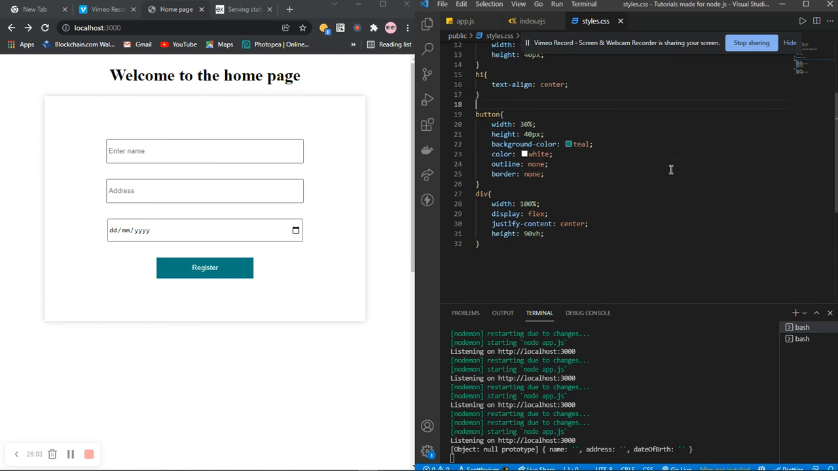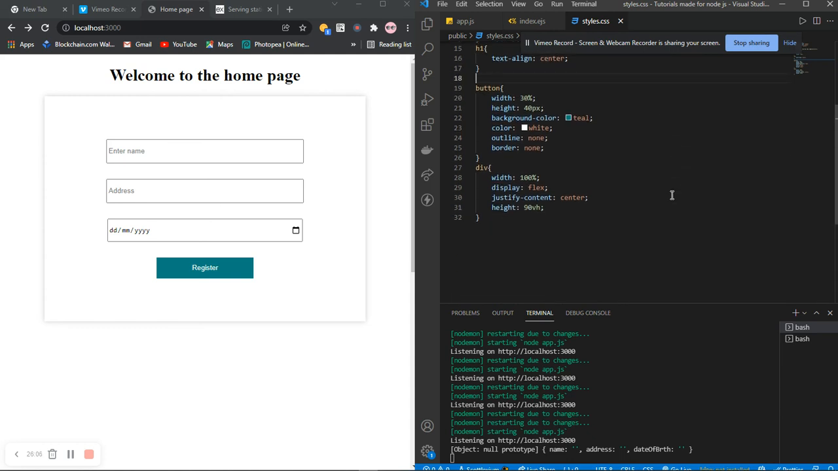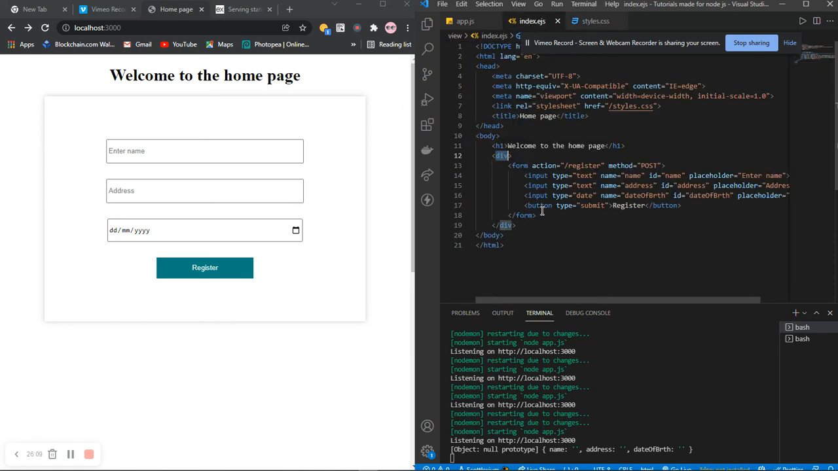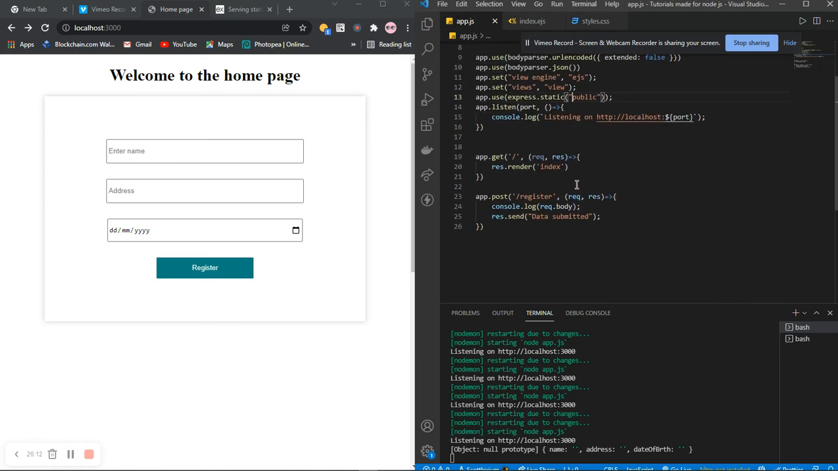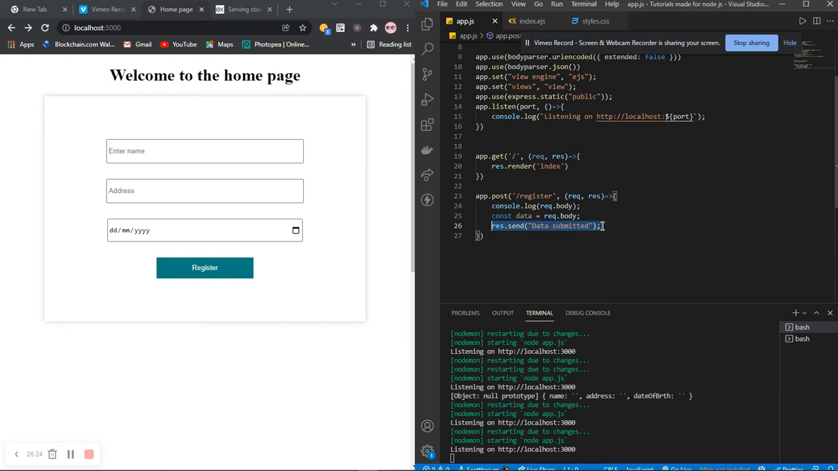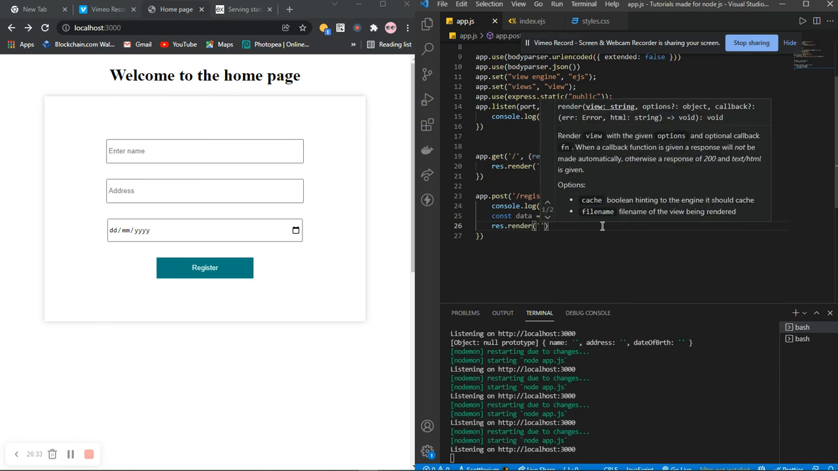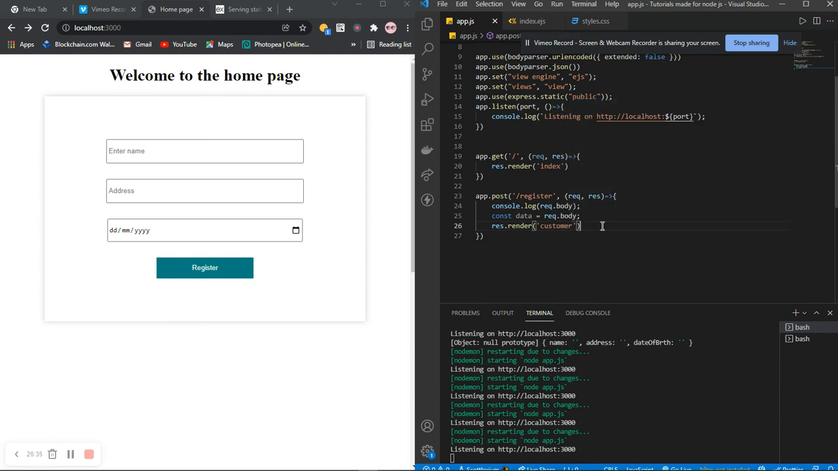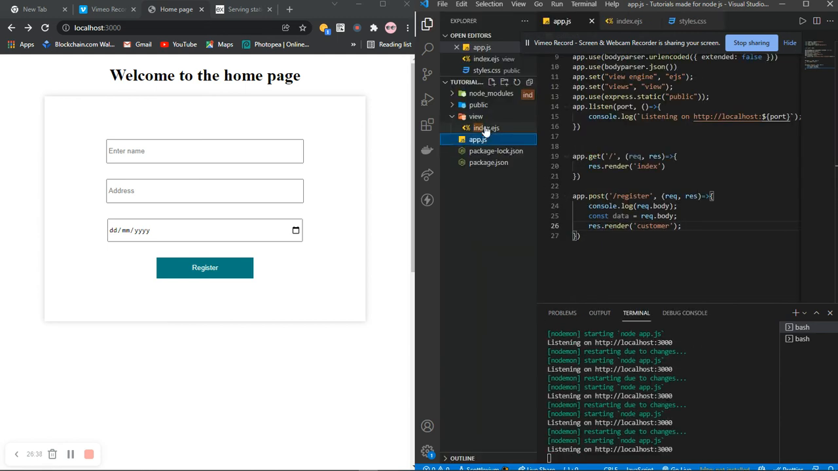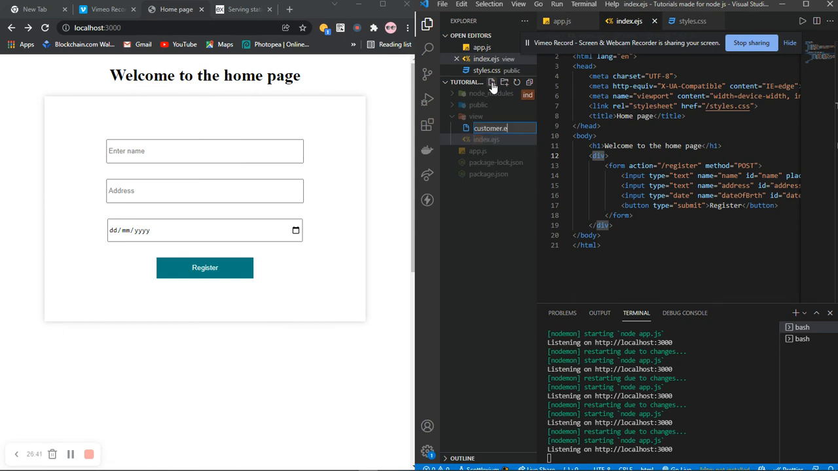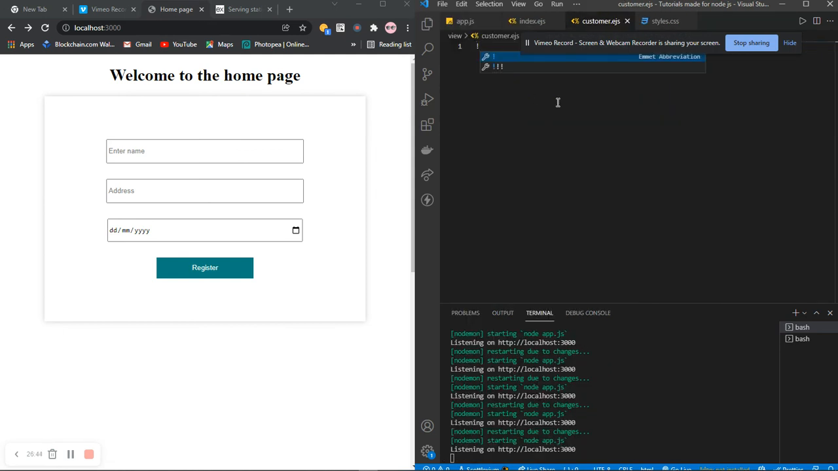So the good thing about Express is that we can actually send this data back to the front end. So like this, I can just do const data equals request dot body, and I can just say response dot render. If I create a new page and I say customer, if I head over to our views and I just say customer.ejs, if I render this back,